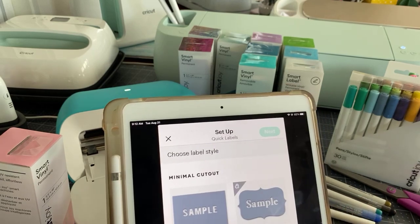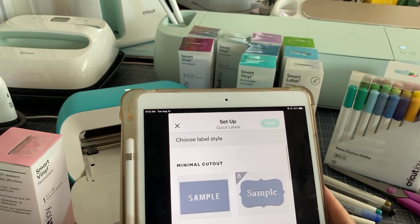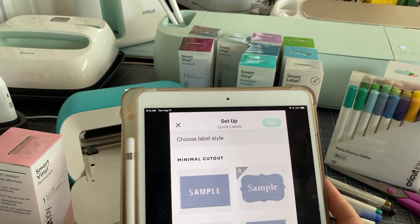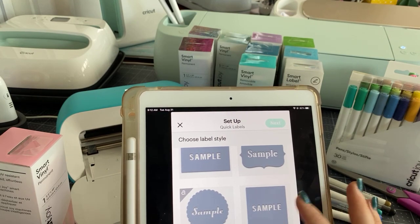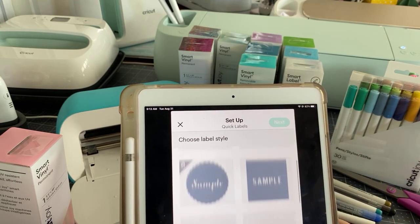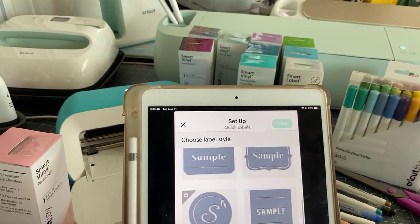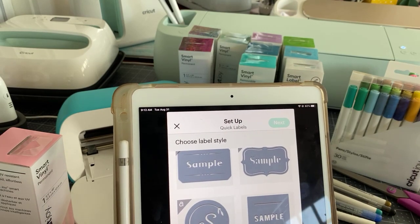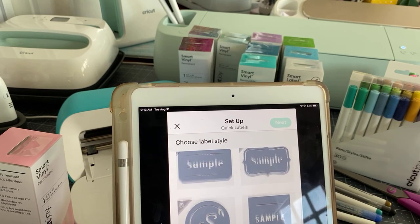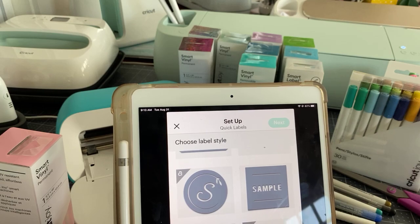It says start making. And here we have a bunch of different styles. This one's called minimal cutout, which is basically what it sounds like. It cuts out from a label, which is really pretty. There's a decorative cutout. So here are some choices you can choose. Say you wanted to create seals for your envelopes. You could do it from here with your very own initial, or you can just do these fancy ones